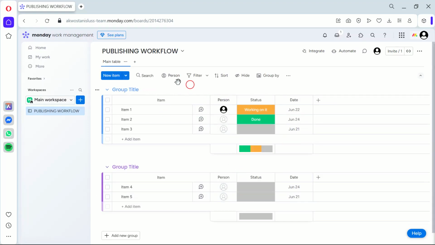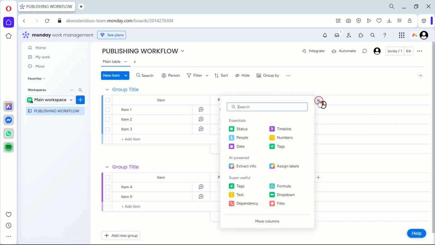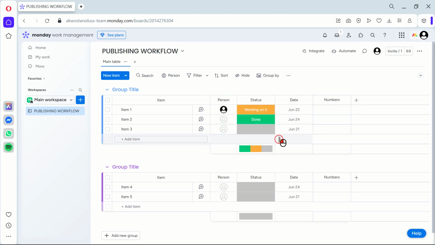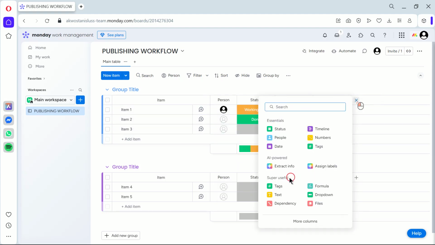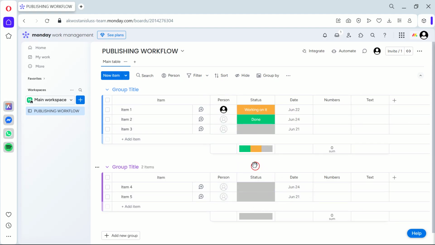Now that we've done that, it's time to add your columns. Columns represent different stages of your publishing workflow. Click on Add Column and customize them according to your requirements. You might want to consider columns like Ideas, Drafting, Editing, Design, and Publishing. By doing this, you have a clear visual representation of each step in the workflow, making it easier to monitor